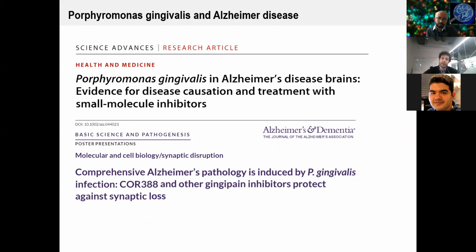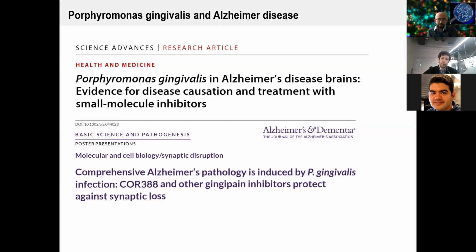And Steve suggested that it may be the toxins released by these bacteria, called gingipains, that bring on the disease. In their study, they show that P. gingivalis and its gingipains can fragment tau. And tau fragmentation is known to play a key role in the formation of hyperphosphorylated tau in Alzheimer's disease.